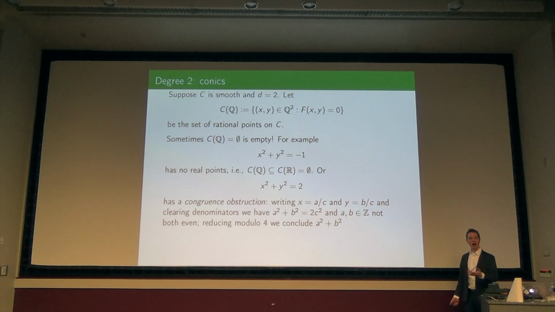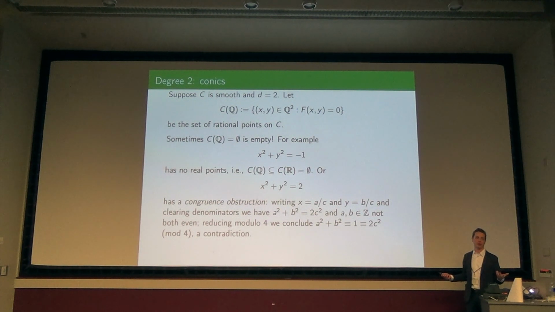Okay, so if they're not both even, and I'm summing them together, the only values are 0 plus 1 or 1 plus 1. Now you see I wrote congruent to 1 here. I forgot to include the case where they're both odd. Sorry about that. But if you replace the 2 with the 3, you get a contradiction in the expression of the equation. So that's an example where by clearing denominators and looking at integers, you see there isn't a solution mod 4, so there couldn't have been a rational solution in the first place.